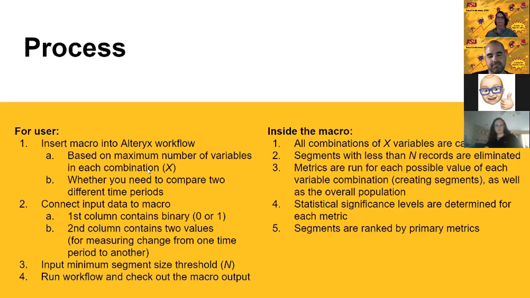And there's different macros for if you just want to do 1 variable at a time, 1 or 2 variables at a time, and then there's one for 1, 2, or 3 variables at a time. So you can look at gender, college, GPA category all at once, or any other variable up to 3, or up to 2, or up to 1.